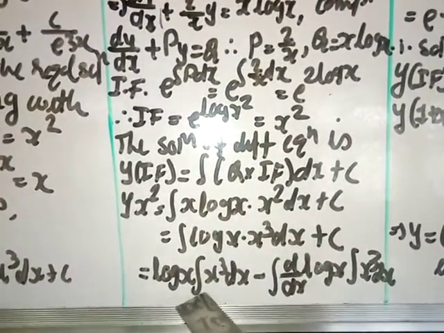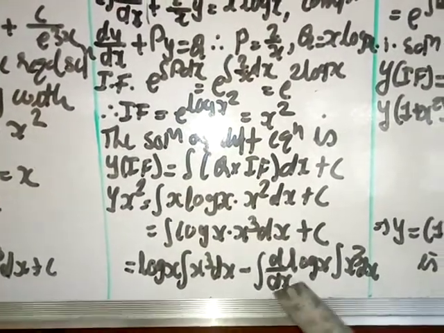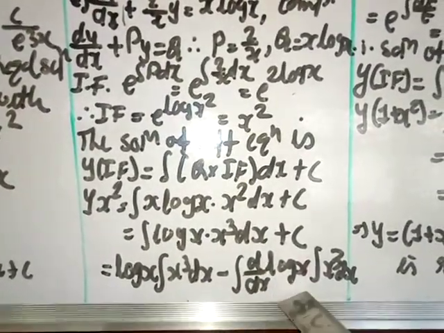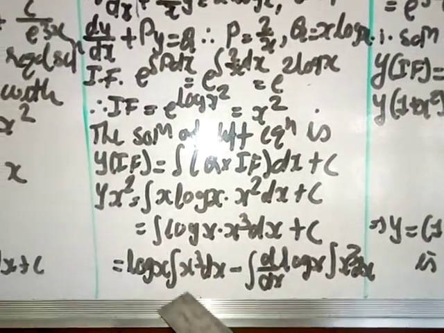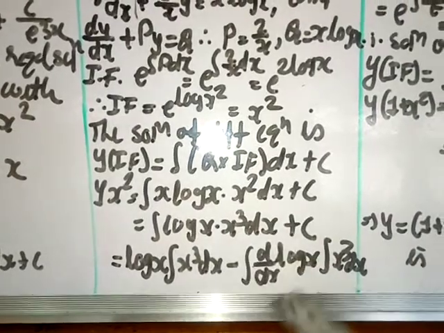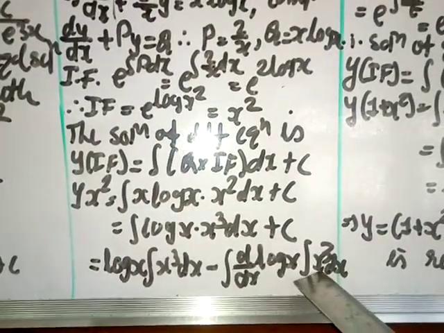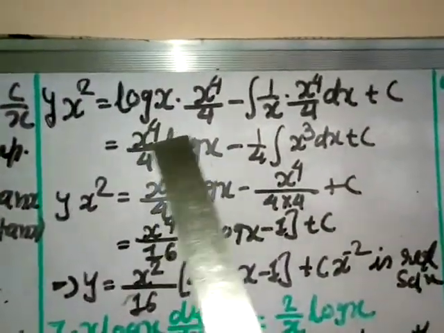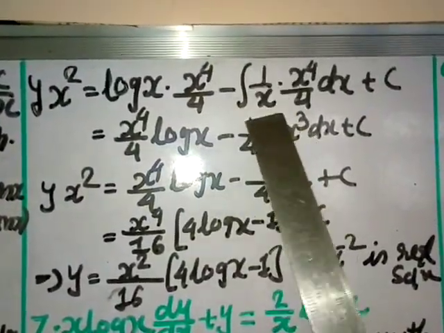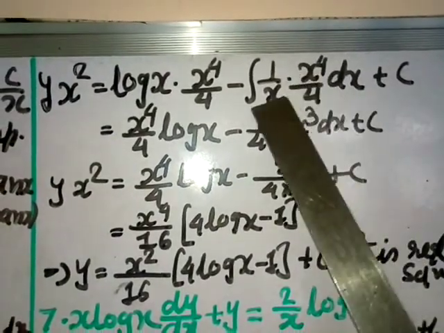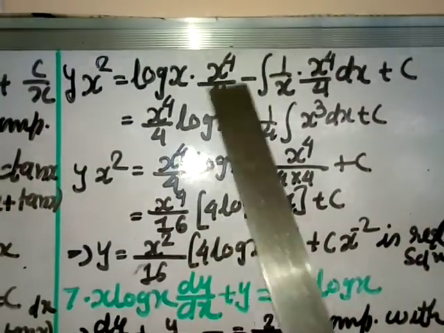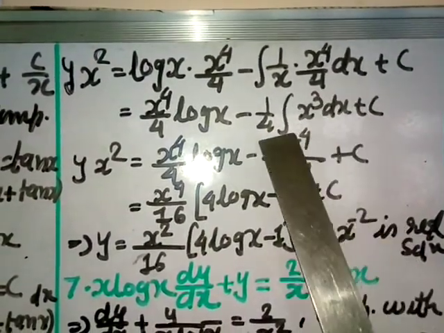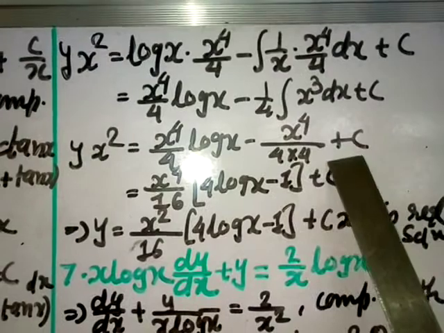So log x as it is, integral x cube dx minus integral derivative of log, that is d by dx of log x, into integral of x cube dx and integral the full thing. X cube integral is x power 4 by 4. Derivative of log is 1 by x, and integral of x cube is x power 4 by 4. I have written here log x power 4 by 4 minus 1 by x power 4 by 4 dx plus c. 1 x you cut, so you get here x cube, and this 4 I am taking out. This is as it is, and integral of x cube you have to do once again, which gives you x power 4 divided by 4 plus c.